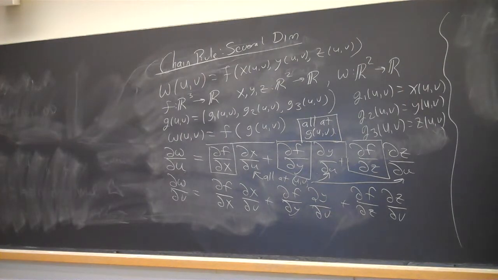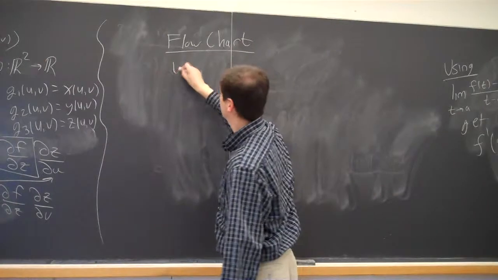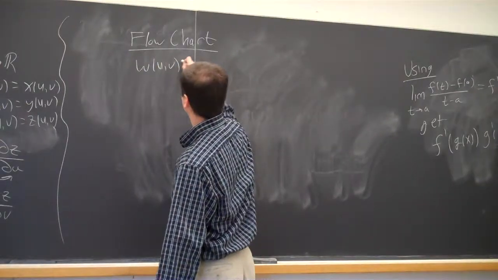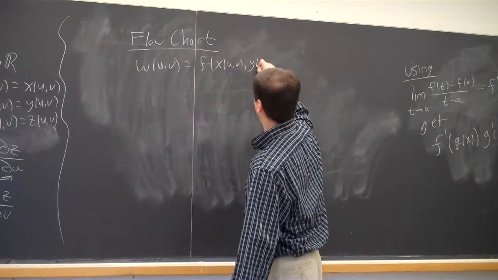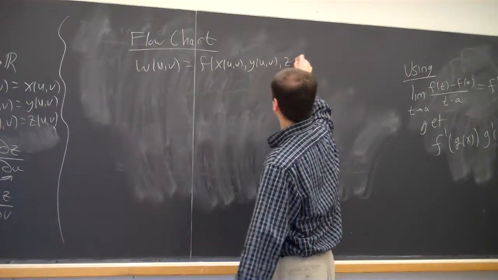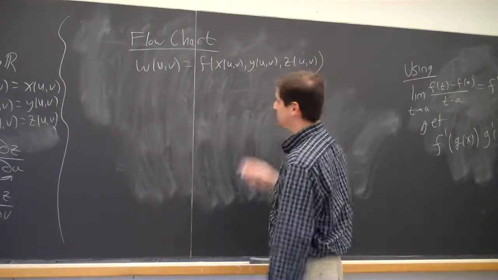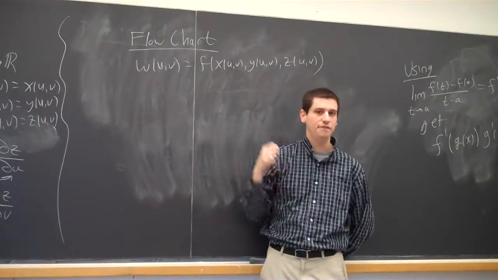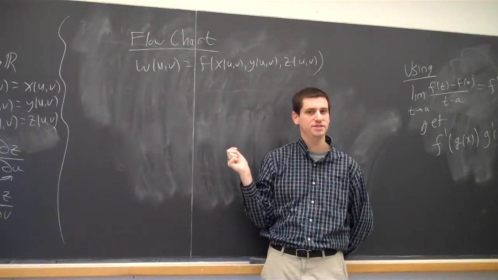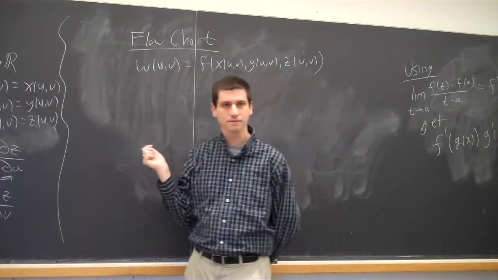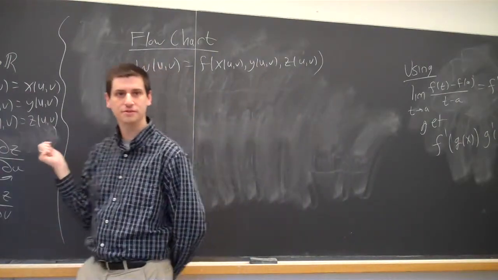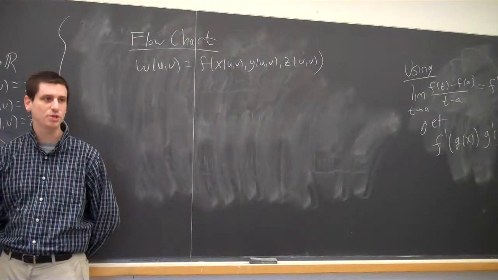So I have a flow chart. So we have the following. W of uv is f of x of uv, y of uv, z of uv. Now, of course, if I had 4 variables instead of x, y, z, I would use w, x, y, z, or